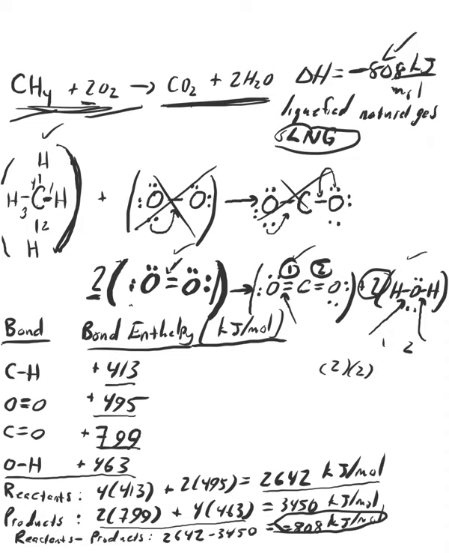Okay, a lot of energy coming out of there. Negative 808 kilojoules per mole. Methane doesn't weigh very much. It's 16 grams per mole, so it's pretty light. So not much weight, a lot of energy. That's a high energy density, the amount of energy divided by the amount of mass that you're having to carry around, right? Because carrying mass requires energy to move it. And so the lighter your fuel is, the more energy you can use to actually propel the device, like a bus or an airplane. Okay, so there you go. So there's your bond enthalpy, or bond energy, as Alex